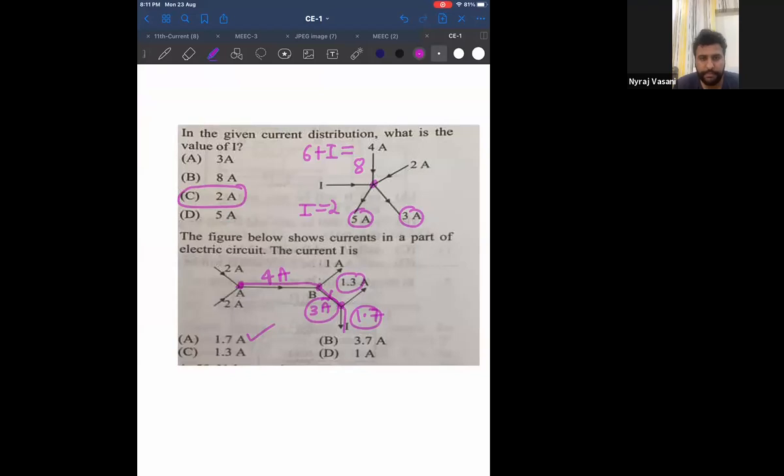Okay. Need some time to copy, take it. After that, we'll go to the next type. Let me search if I can get more types of KCL questions. And once we are done with all types, then we'll go to KVL, which is the next law. There are only 2 laws. One is KCL and one is KVL. Okay.